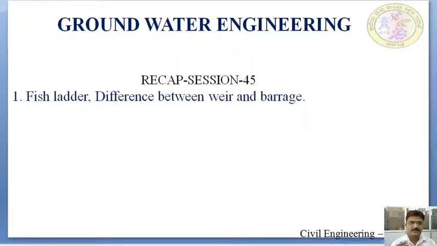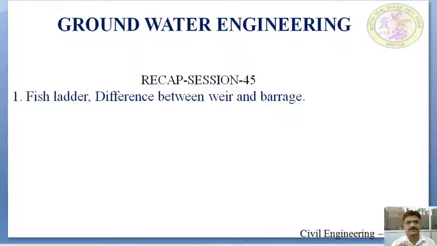The fish ladder consists of a number of compartments arranged in the form of steps to allow the movement of the fishes. Since the water on the upstream side has some velocity, this fish ladder is constructed to reduce that velocity up to 3 meters per second. The width, length and height of the fish ladder depend upon the nature of the river and the type of the weir or the barrage portion.